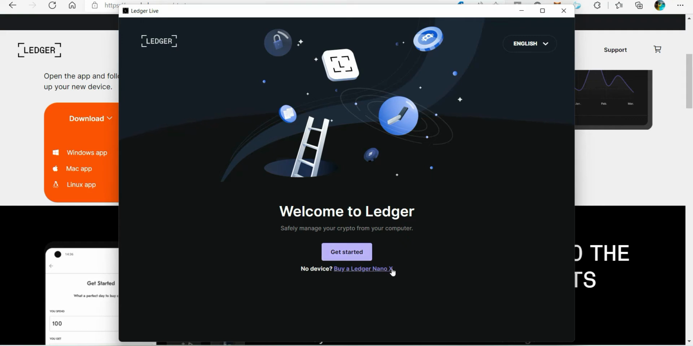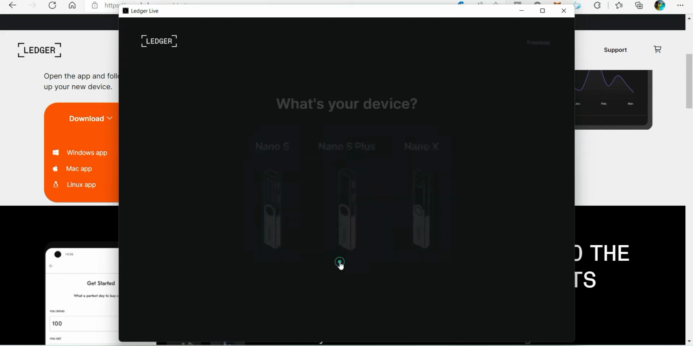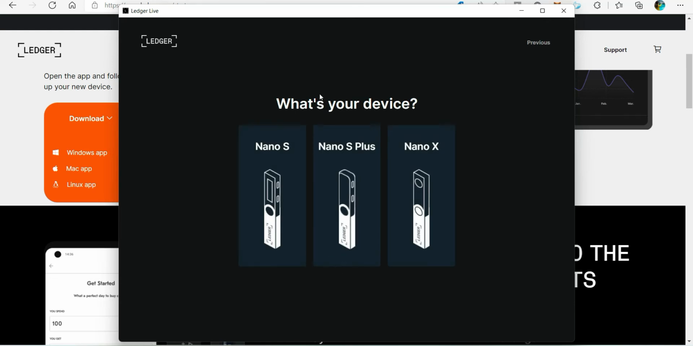No device by Ledger, what Ledger you want. Mine is a Nano S. Okay, get started. Okay, terms of use, if you agree or not. I have read and I agree on that. And you have to choose your device in here, whether it's Nano S, Nano S Plus, or Nano X. The difference between these